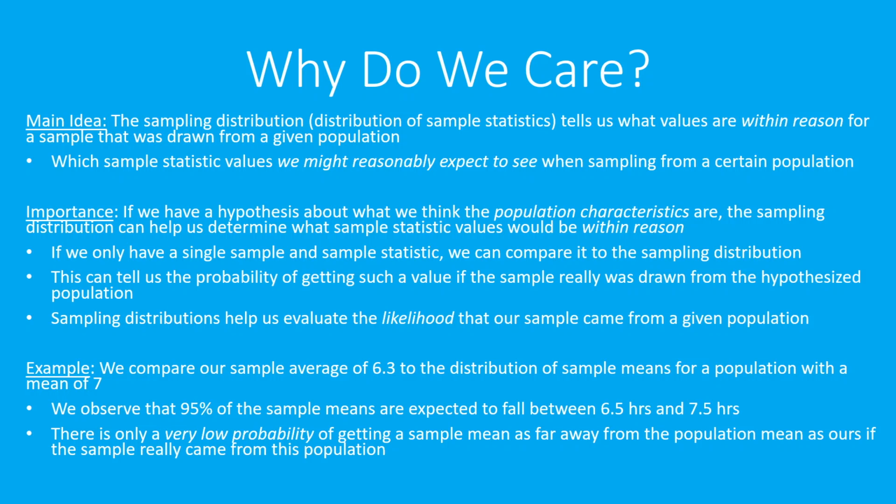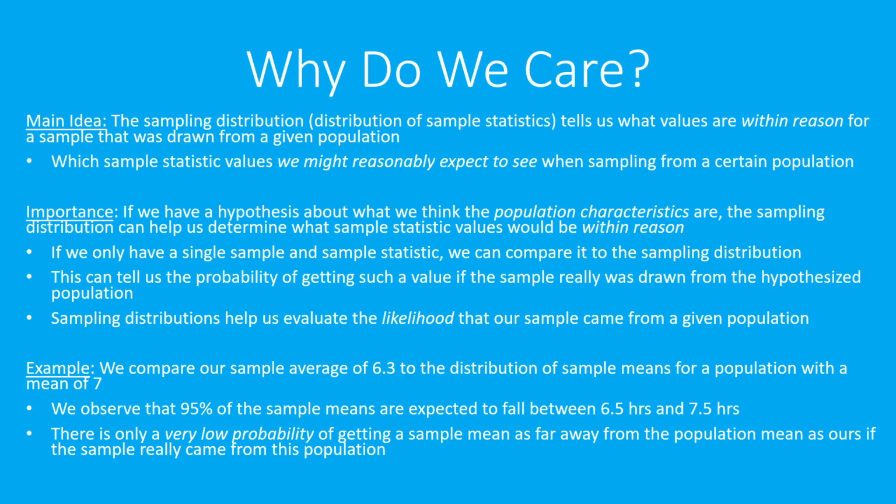If the population mean really was 7 hours of sleep per night, well, the sampling distribution, or the distribution of sample means, can help us determine what percent of the time, if you were to draw samples over and over and over again, you would expect to get a sample average that falls at or below the average that we actually got,